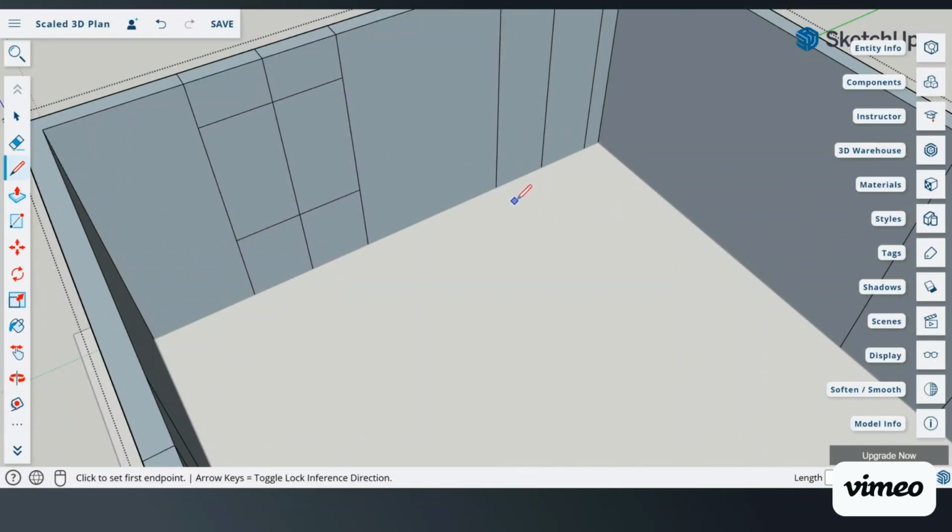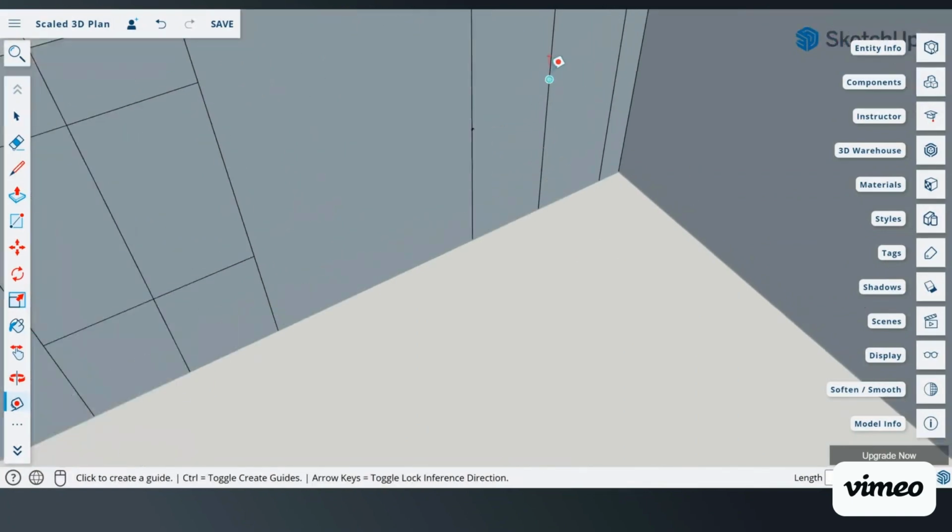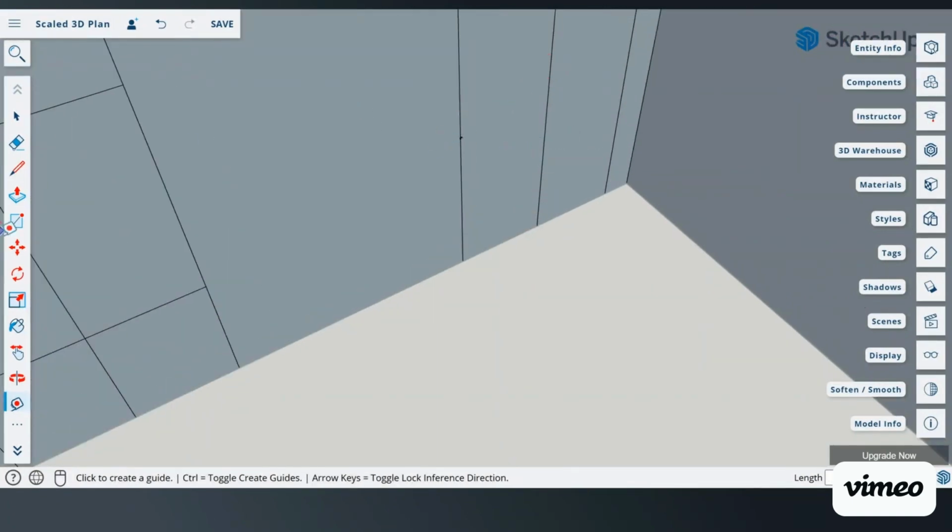Now again, you can use your line, or you could have used the tape measure to draft a line at the bottom and then pull it up, but I'll show it this way. I want to give my kitchen window a different sill height. I want that sill height to be 3 feet 6 inches by pressing enter. And now, as you can see, I have a little marker here. I can now take my line and draft it straight across